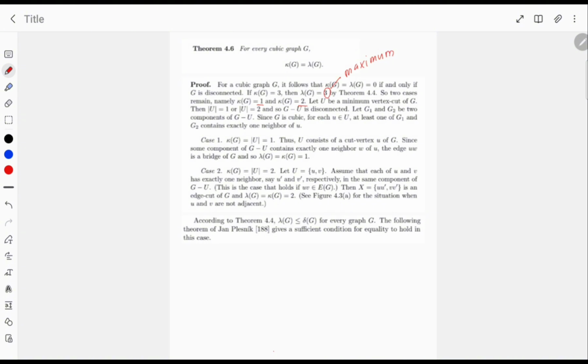Okay, so let G1 and G2 be two components of G minus U. Since G is cubic, for each small u element of U, at least one of G1 and G2 contains exactly one neighbor of u. Let's have case 1. So here